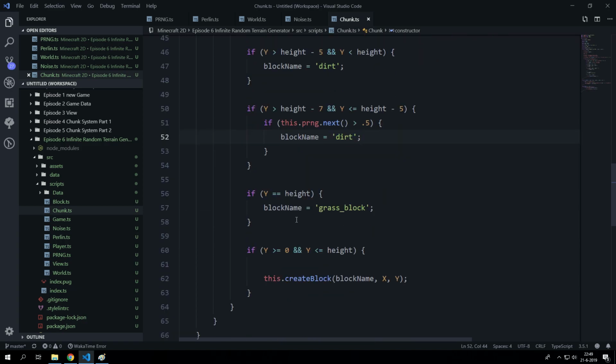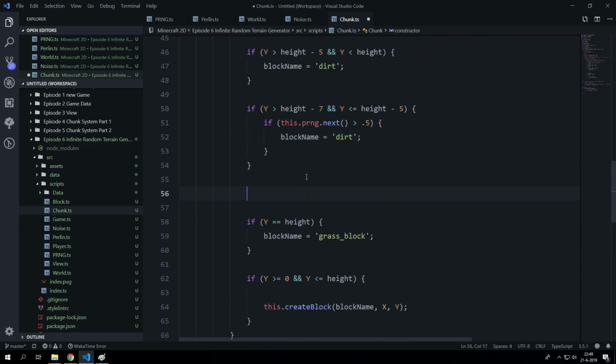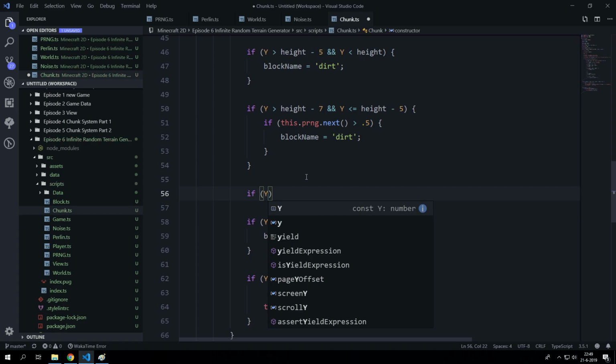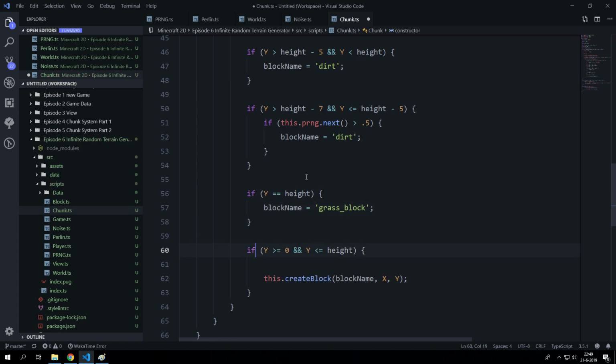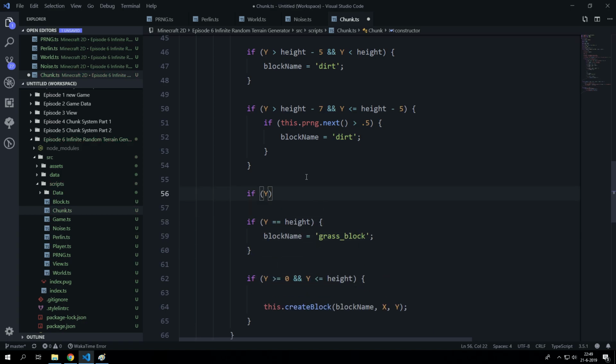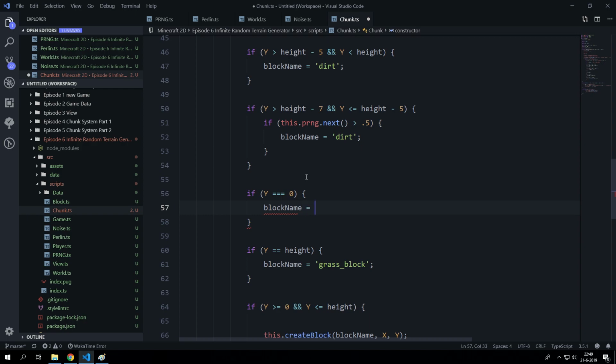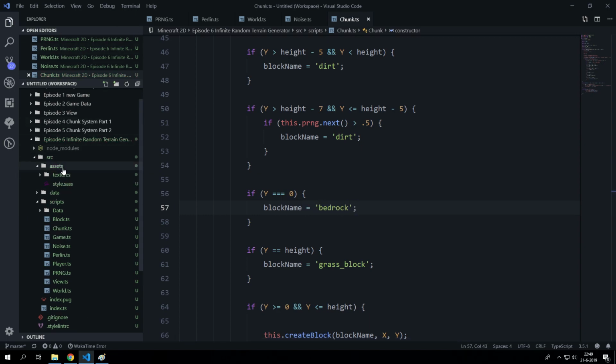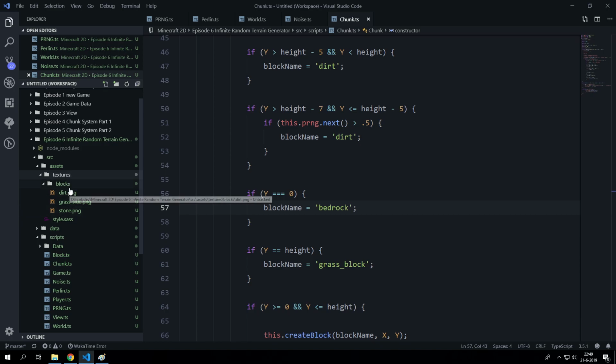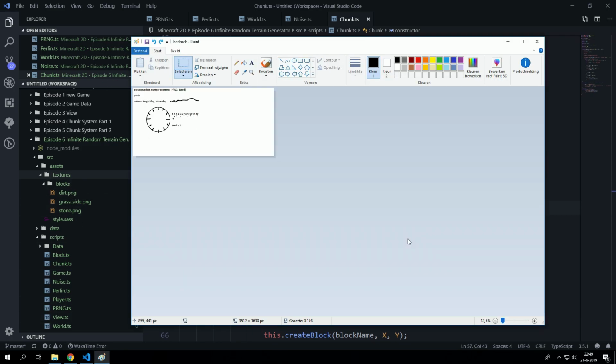So that's really what we want. And we can do the same thing for the bedrock, which is non-existing right now. So we can add that as well. We can say if y equals 0, then block name equals bedrock. So we gotta add that to our game. So I added a, oh, I didn't, so we gotta create that. Okay, cool. So let's create that